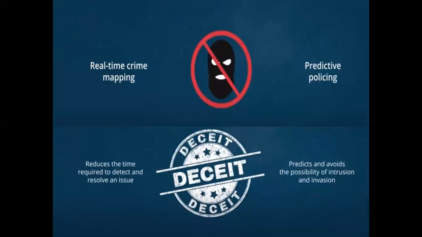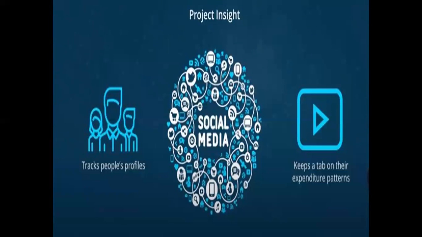Next, cyber crime agencies. These are measures taken by government agencies to detect suspicious activity. If any person commits theft, we need to identify them with sensor agencies like fire alarms and CC cameras. We need to predict who it is, and deceit is one of them. It will detect suspicious activity, and also avoid intrusion and invasion based on the latest trends. And also project insight.